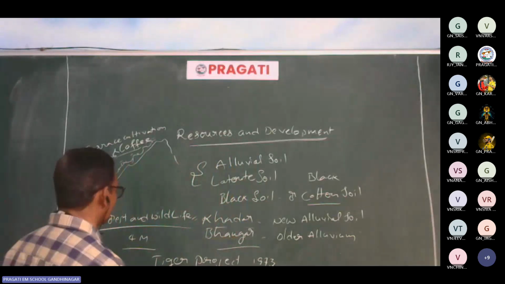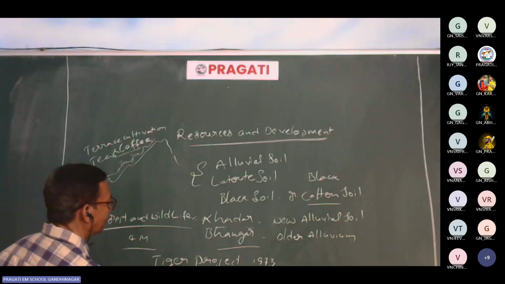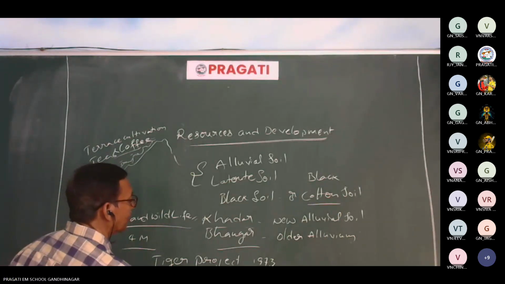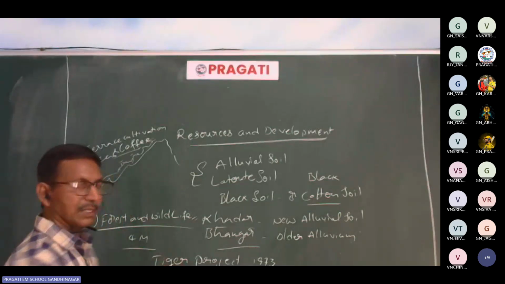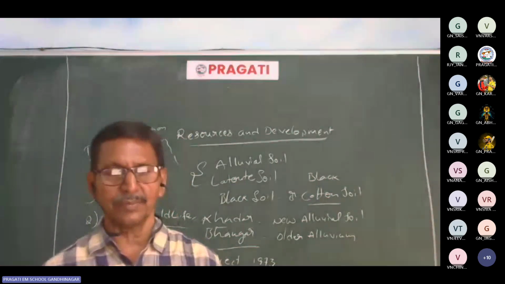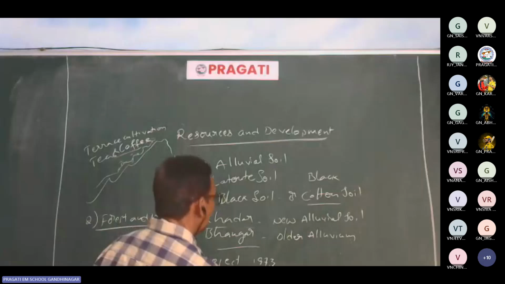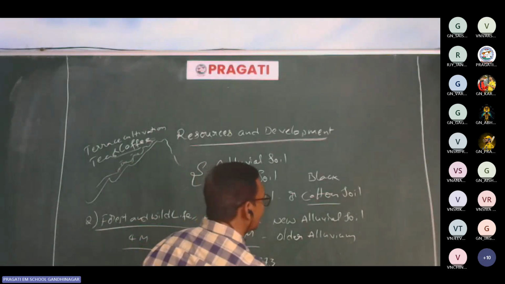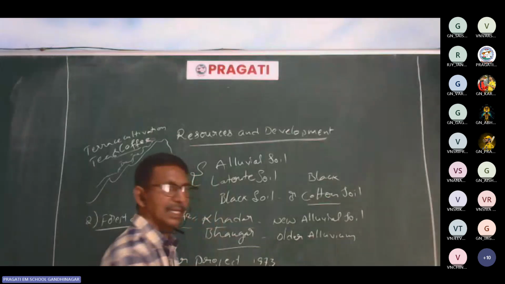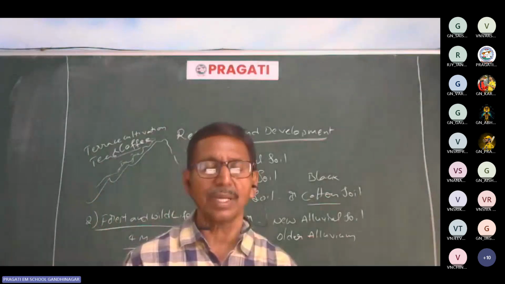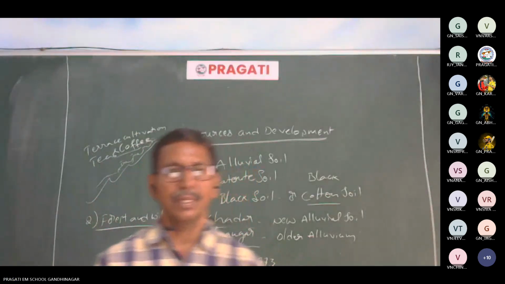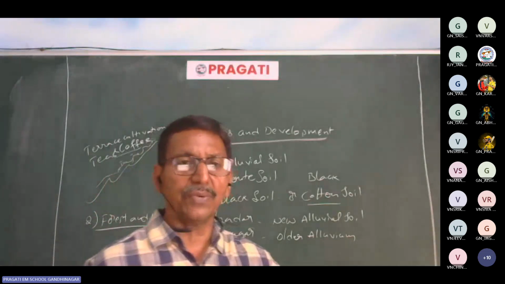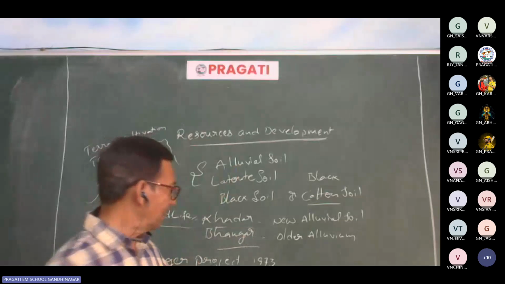Regarding some movements in this lesson, the Chipko movement also you may come across. What is called the Chipko movement? Chipko means the people used to embrace the trees. Chipko means to hug the trees. They used to hug the trees, especially in the Uttarakhand area. In Uttarakhand, in the Himalayan mountain areas, the traders used to cut the forest. Deforestation was being followed here.